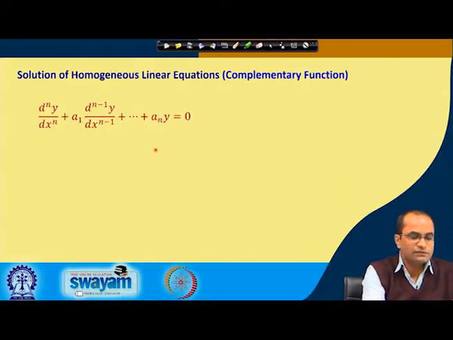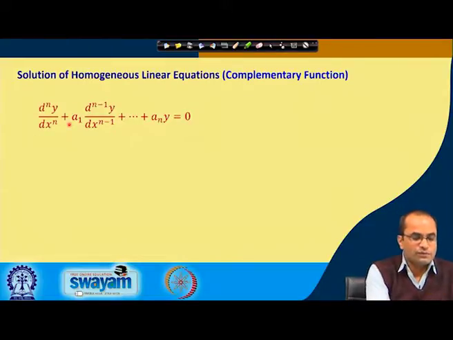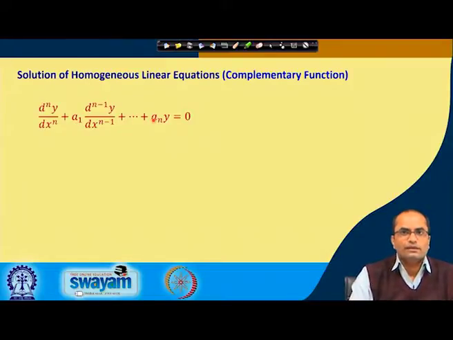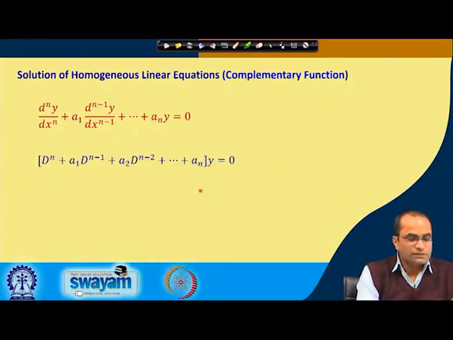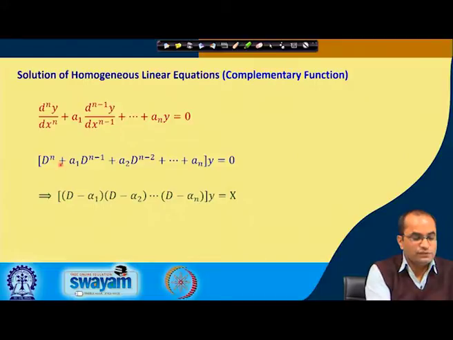So, here we will consider the nth order linear homogeneous differential equation with constant coefficients. These coefficients a1, a2, a3, an are also taken as constants. What we discussed in the last lecture is that we can write this equation in operator form, D^n plus a1 D^(n-1) and so on is equal to 0, and we can work with these operators D as the algebraic operations we do with polynomials.